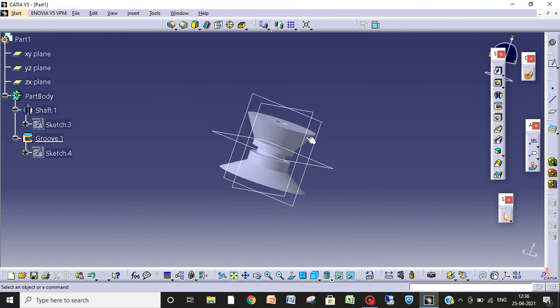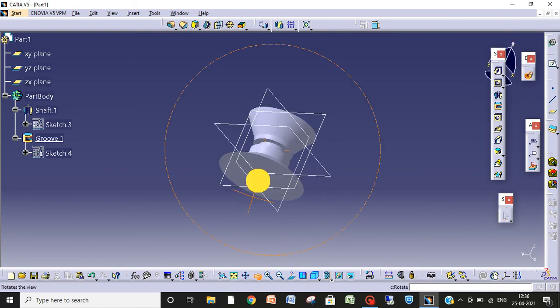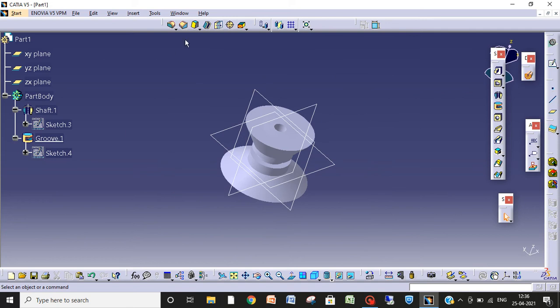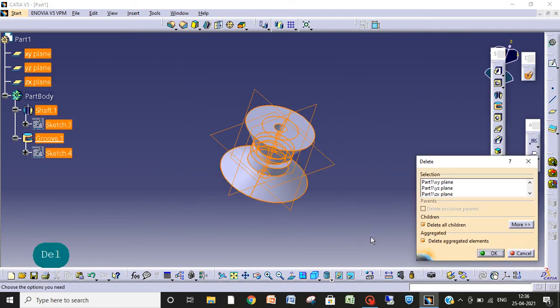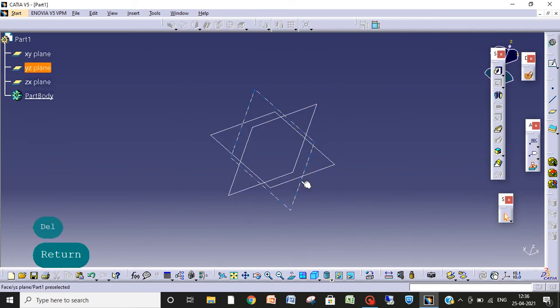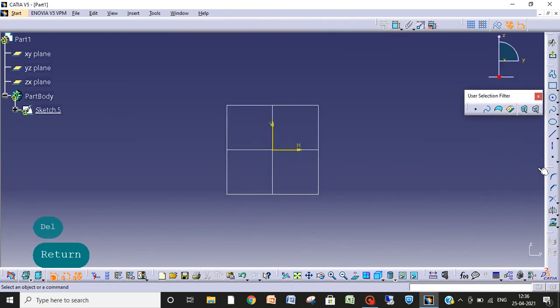For rib, I'm making a... let me delete this first. Taking this plane, sketch over it.